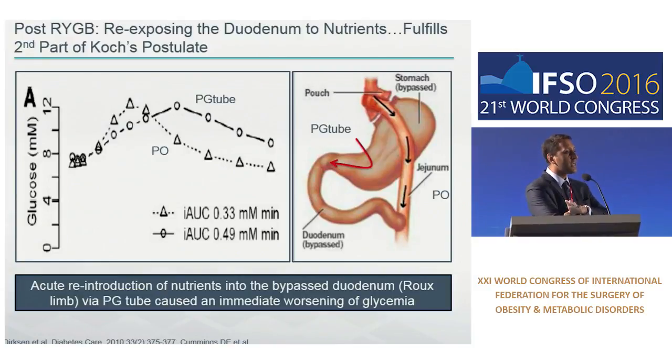So after the anastomotic leak healed, they did a careful experiment in the same individual on 2 successive days of a glucose tolerance test, either via the mouth or via the G-tube. And they demonstrated dramatic differences in the profile of the glucose tolerance curve. We've heard this morning and yesterday from Dr. Cummings that when you do this in a